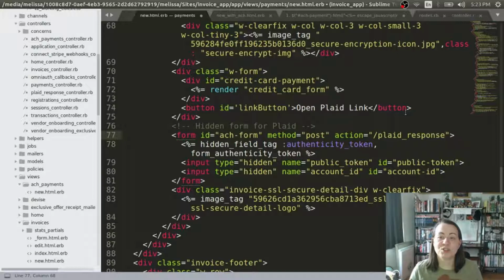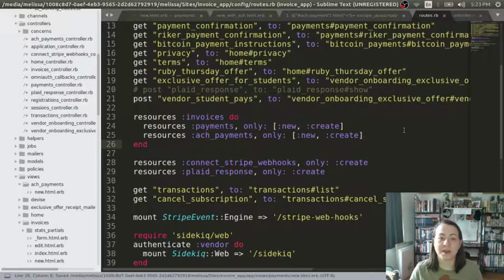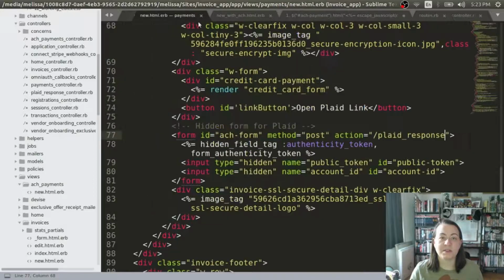Now let's make sure, I think in our routes, what do we got? Right. So I changed this to Plaid response only create. Okay. So what I'm gonna do, back to here. All right, so now in our JavaScript,